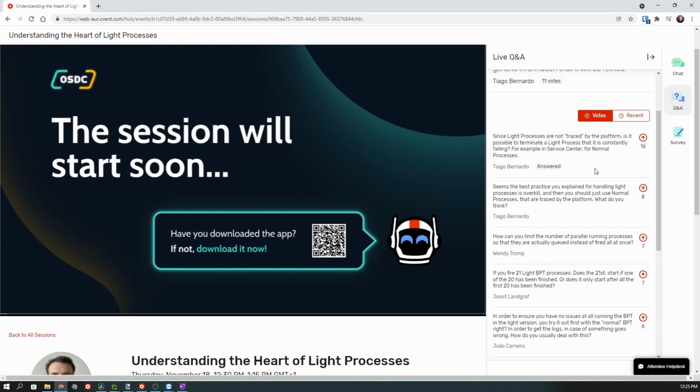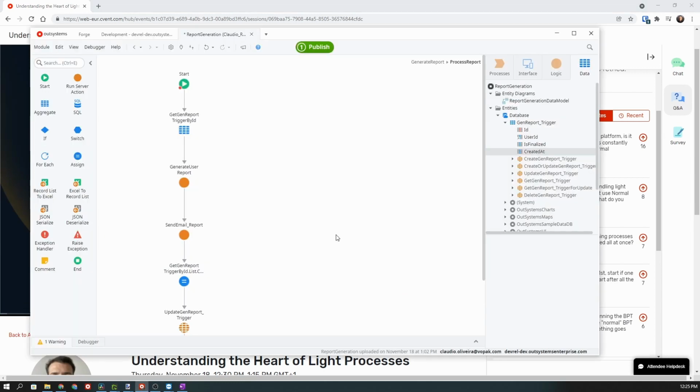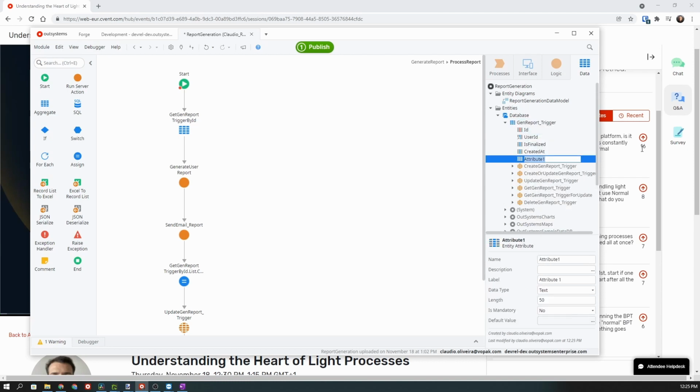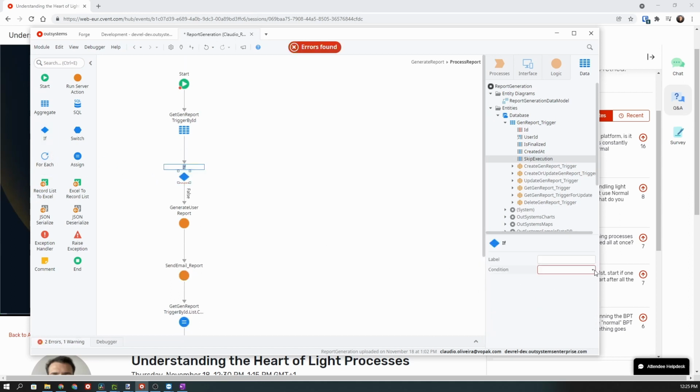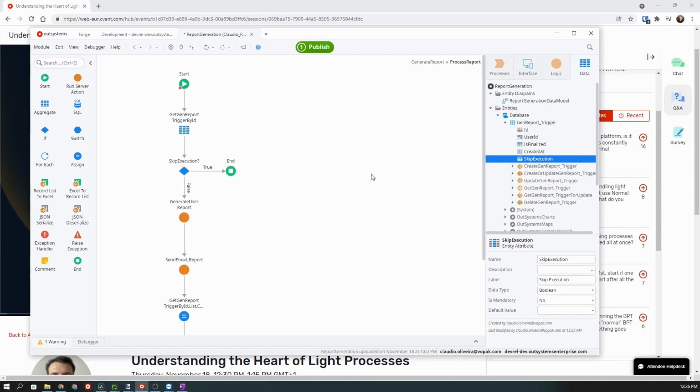Actually, no. So you cannot, out of the box, terminate light processes that are executing. What you can do is, if you prepared in advance and you have your trigger entity with an attribute called, for example, skip execution, and this will be a flag, so boolean. And in the beginning of your light process, you simply check if that skip execution is true, and if so, you simply end it. This means that if your light process is constantly failing and you want to terminate it, you simply update your record to skip execution true, and the next time that light process runs, it will see that skip execution is true